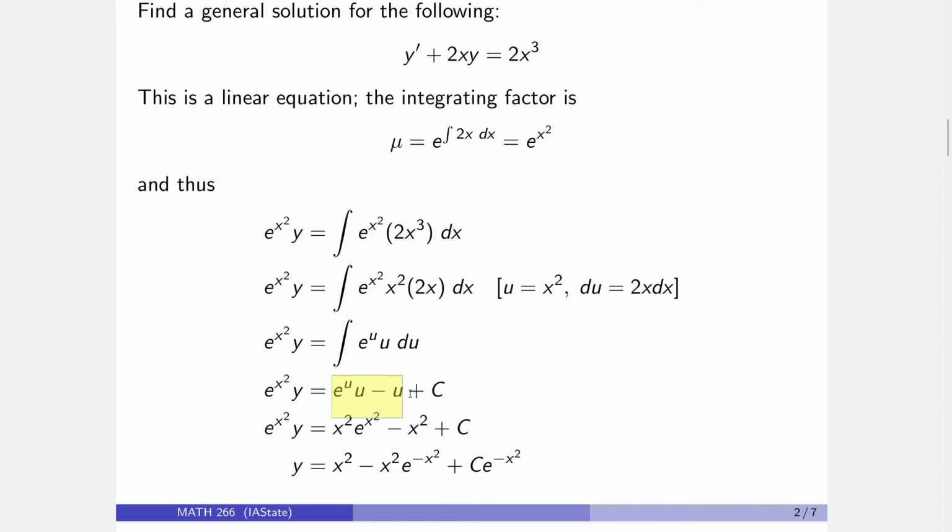Before we do that, remember that this involves u's, but we want x's, and u is equal to x squared, so that cleans up like that. And then now we can divide over by this. Now, of course, we could leave it like this as a final answer, because that's an implicit equation. That is a legitimate